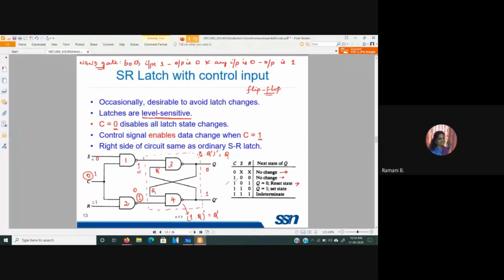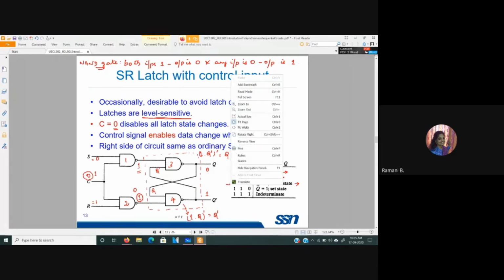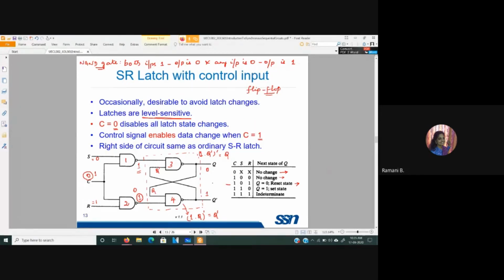Right? So with the control input, what happened is our SR latch using NAND gate is actually functioning the same way as the SR latch with NOR gate. That is the reason why we don't mention it as an S bar R bar latch, even if the internal construction is using NAND gate. So here we have come to the normal routine, where we had our latch constructed using NOR gate.